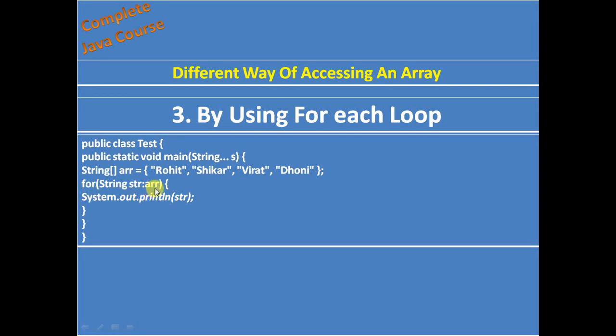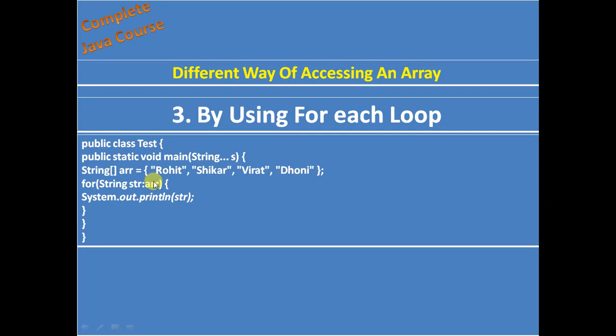for, on the right hand side we pass the reference variable of the array. So we pass the array, then colon, and what type of element that array has. Our array has string type elements, so we define here String and the reference variable, and we print this string str. So what happens when the for each loop works, it takes elements one by one from the array and passes the element to